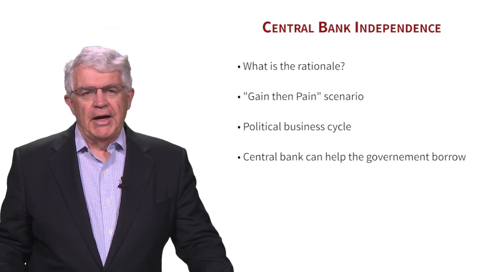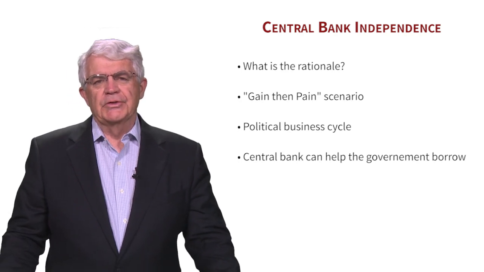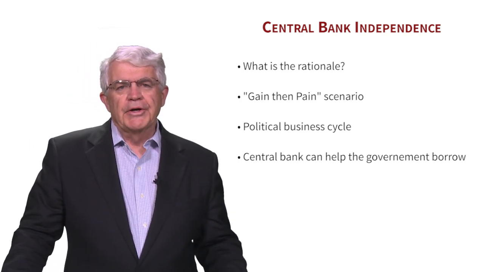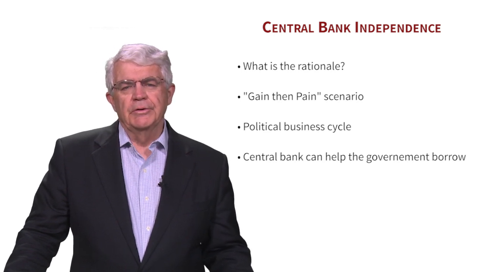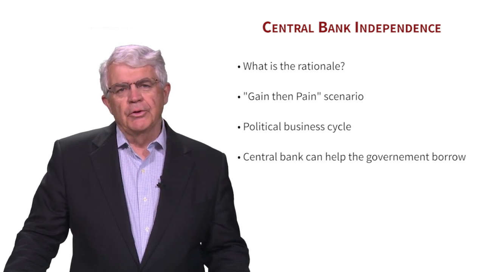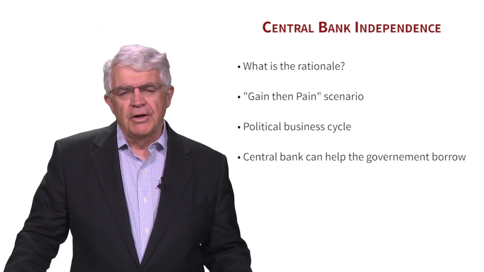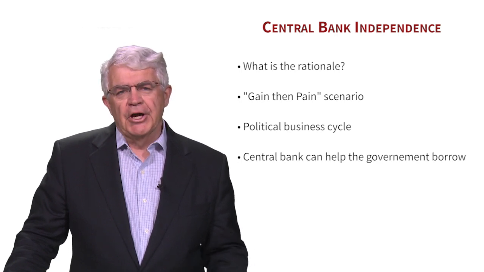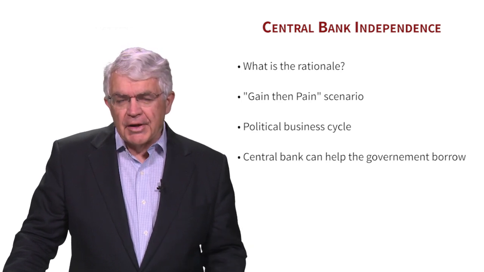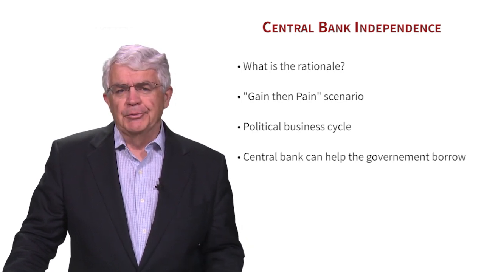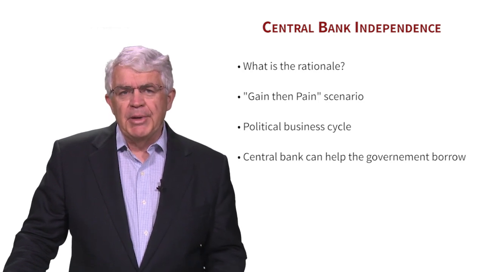And an example of that is the second point, the political business cycle. What we worry about with such a powerful tool that affects the economy is there'll be a temptation for a politician, say, that's in office, to make the economy look better to get reelected. And that gain is part of that. The economy is booming, unemployment's coming down, the politician gets elected, and then the pain comes later.